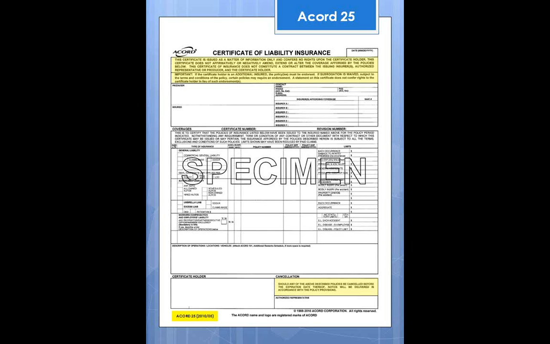This is what I really wanted to focus on for the last couple of minutes of our call today, the certificate of liability insurance. The boxes in yellow are the critical pieces. At the top, as you can see, the certificates all clearly now say that this is a matter of information only. It confers no rights, and it doesn't affirmatively or negatively amend, extend, or alter the insurance coverage afforded by the actual policies. The certificate does not constitute a contract of any kind between the issuing insurers, the authorized representatives, or the producer and the certificate holder,